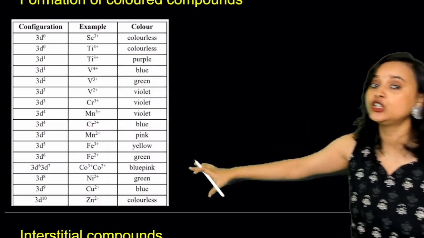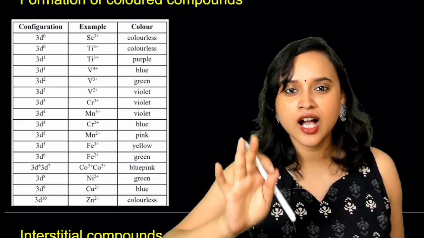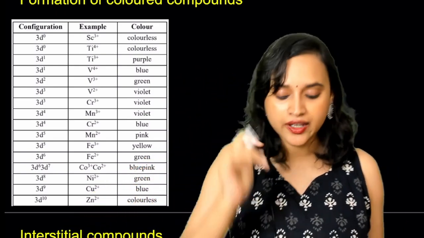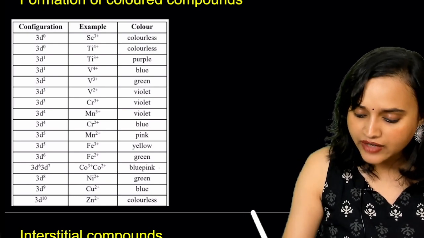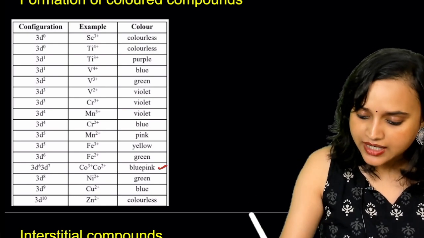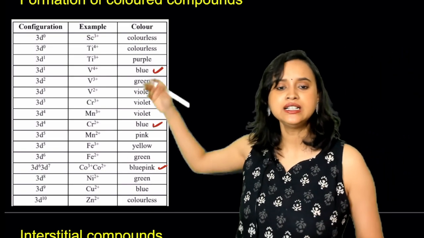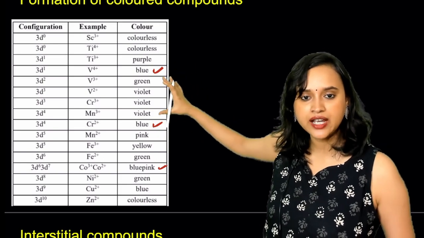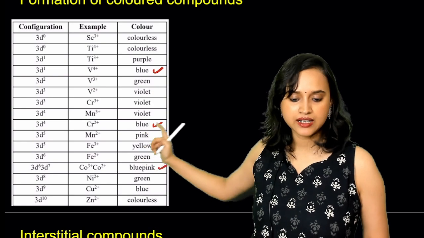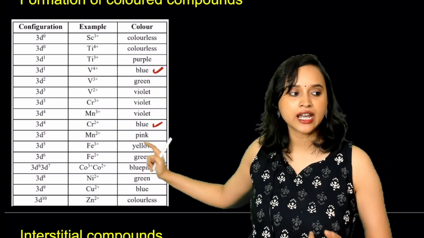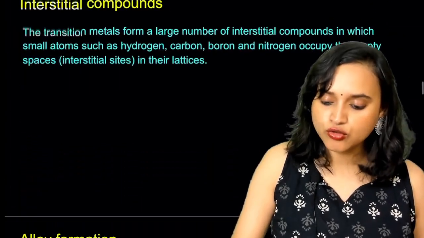So, this particular chart you must remember, very necessary, because questions have come from here even in the 2024-2025 JEE Mains examination. Now, let me tell you what are the ones that you have to remember. They have asked you about this blue, pink. They have asked you about this blue, and they have asked you about this as well. So these are the ones that they have asked in 2025. Next, what can come is probably violet or pink. Pink may come, because pink is very different, so they can ask you about pink. Okay. All right, everybody. So just study this very well. Just know this chart very, very well.